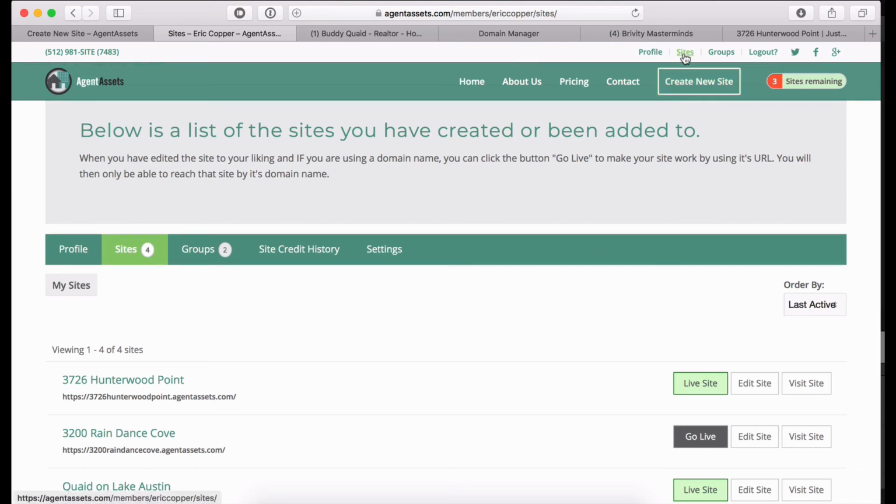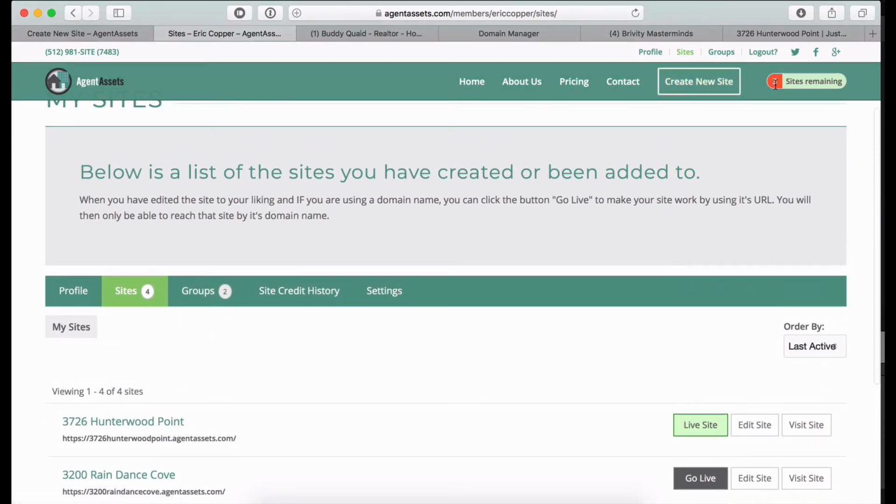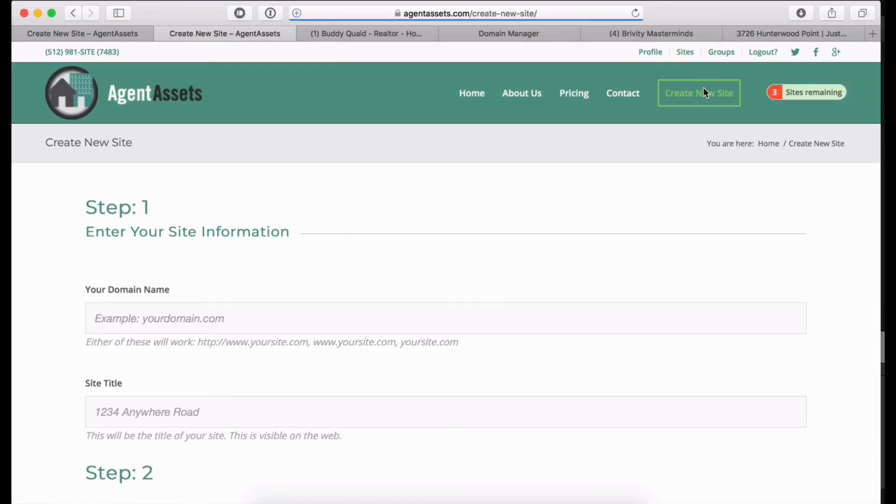I went over here to Sites. I click Sites, and it shows a list of your sites. And we have 3 credits left, so we can create a new site. So let's go create a new site. We're going to enter our domain that we bought, that you bought, and we're going to enter a title in,